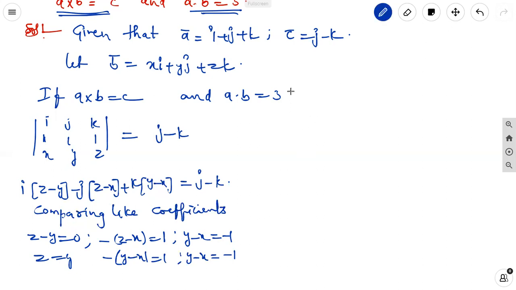Solving these two equations, minus Y plus X equal to 1, Y minus X equal to minus 1. Here Z equal to Y is the one relation. Okay, next here